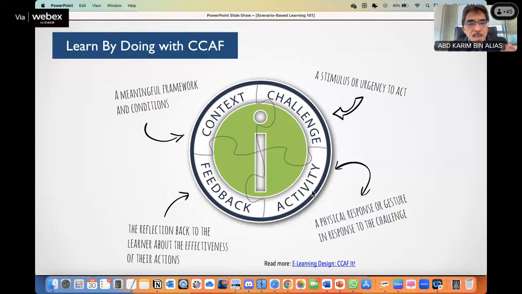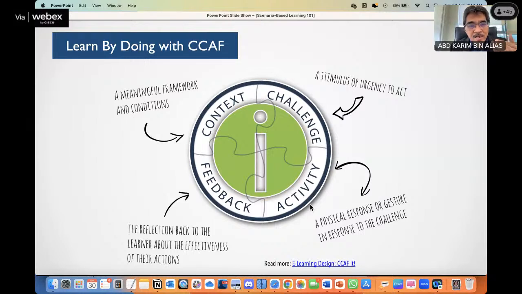We call it consequence. For every option or action, there will be a consequence. So if I take option 1, there will be a corresponding consequence for action 1. If I take action 2, there will be a corresponding consequence for that action 2, and so on.